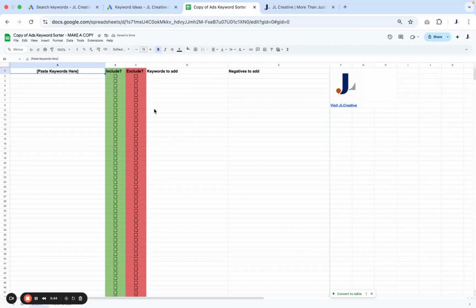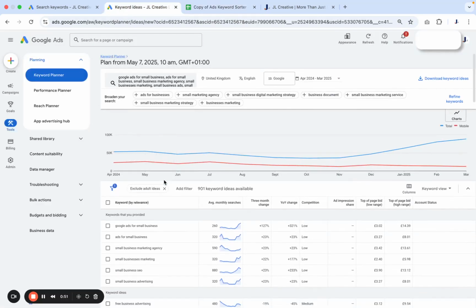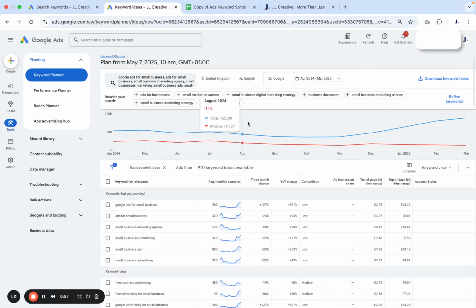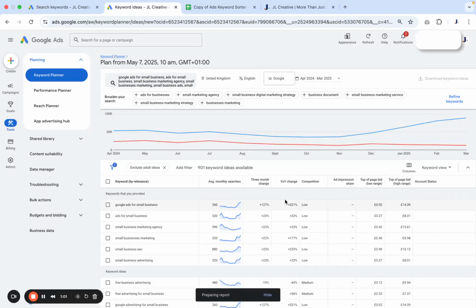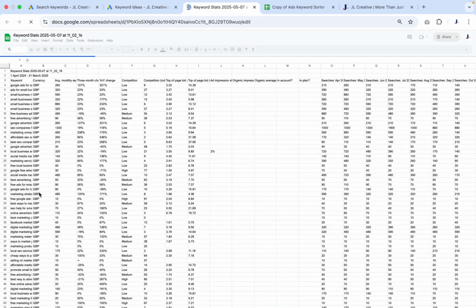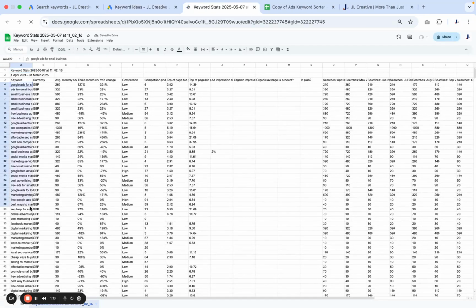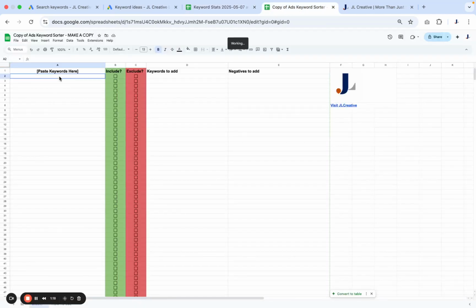The next step is you're going to need to get some keywords to sort through. There's a few options here. You can take keywords directly from Google Keyword Planner. From here you could download these keywords into a Google Sheet or a CSV, click download, again wait a couple of seconds, and it should download the keywords you selected there. And from here you could copy, Control C, and then put them into your list here,